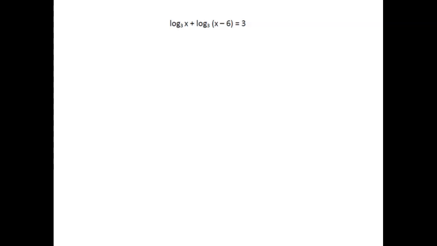So in some cases, it might be necessary to expand or condense before we can solve. Anytime that you have two logs on the same side, you're going to want to condense those first into one. So we're going to take these log base 3's and make them just one log. Because these two logs are joined by an addition sign, the x and the x minus 6 are going to get multiplied. So we're going to set this up as x times the quantity x minus 6